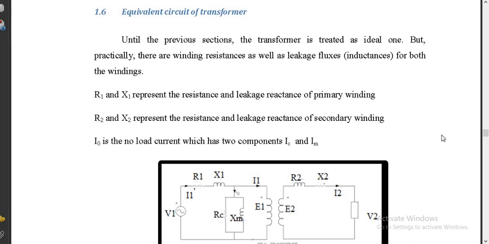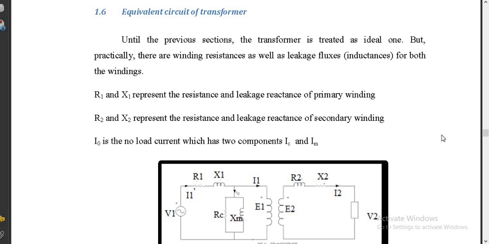So what are the different things causing losses in a transformer? There are winding resistances and there are winding leakage fluxes. Now what do you mean by leakage flux? Basically it is the flux which is not traversing in the desired path. That means the desired path is that flux should flow only through the core, but some part of the flux completes its path through air from turn to turn. This is what is called as leakage flux.